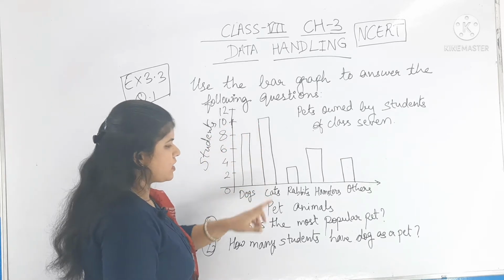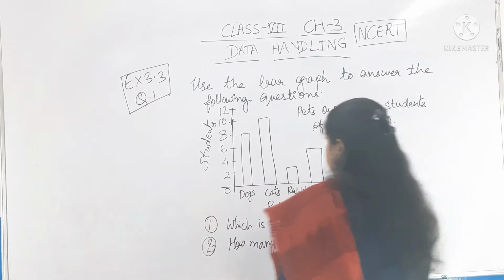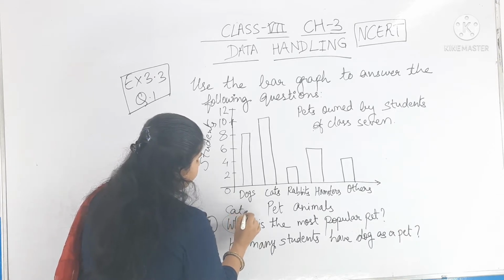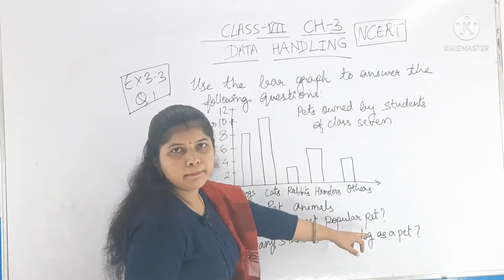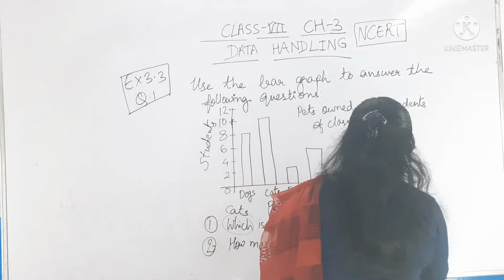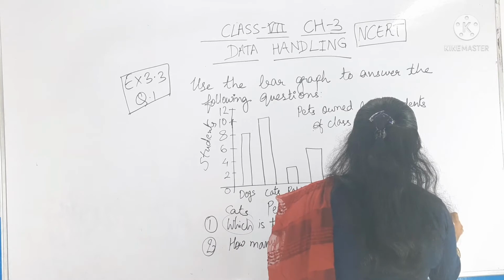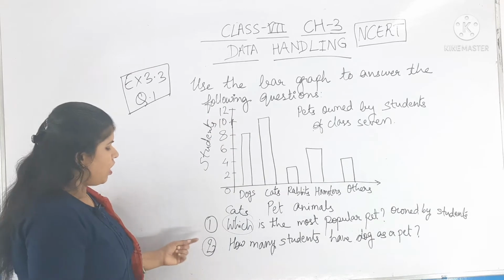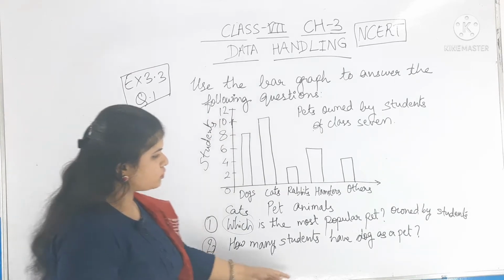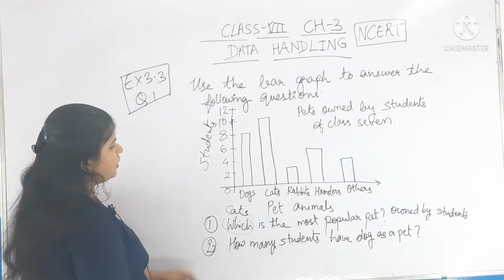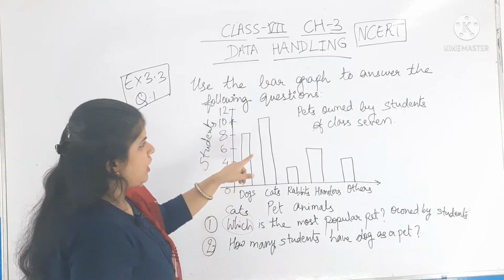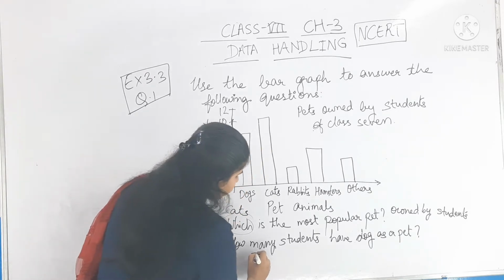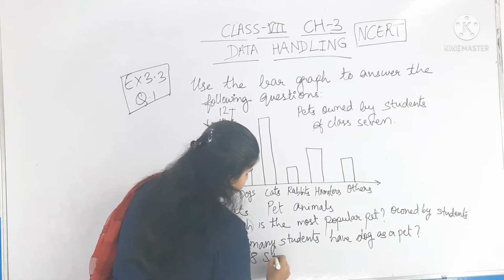Okay, that is cat. So here you have to write cats is the most popular pet owned by 10 students out of 12. Okay, now come to the second part. How many students have a dog as a pet? So here you can see that 8 students of class 7 own a dog. Okay, so here you can write 8 students